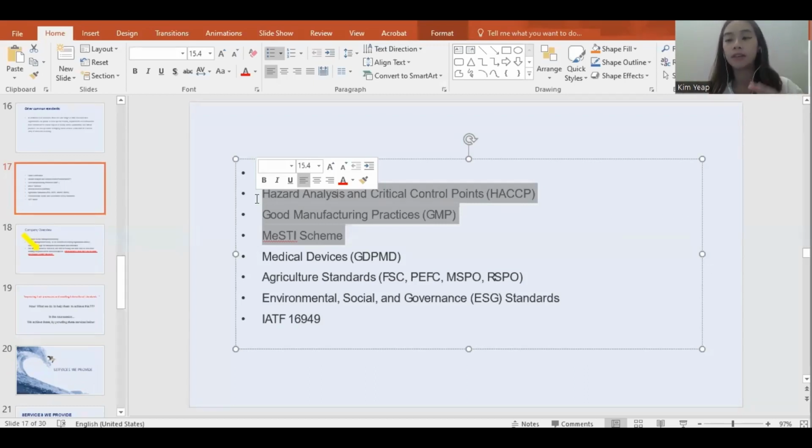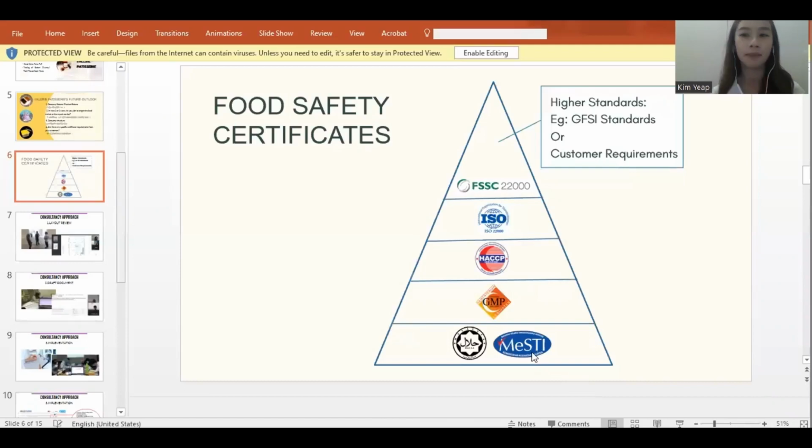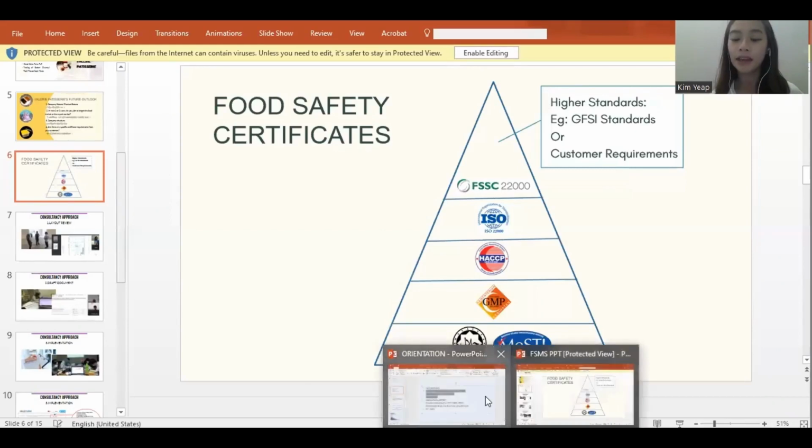There is the one with a lower standard. For example, a company we call an SME, a small company, where the founder has just founded the food business. It is very new. They don't have a lot of people taking care of the business. They can't go for something like ISO 22000 and HACCP, because the requirements are too much for them to follow. So they might go for something else like mesti and halal. Very basic, and more than enough for them to follow. Okay, now, let's move on.